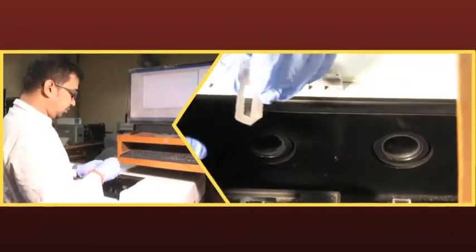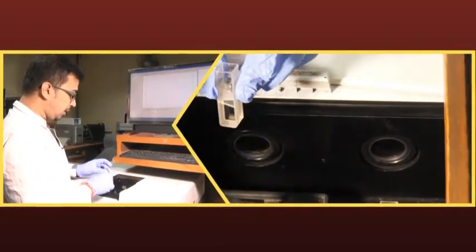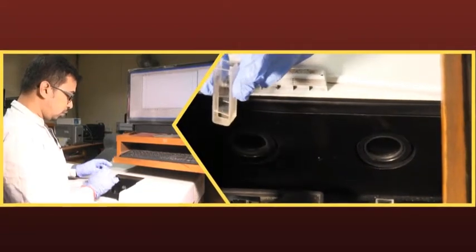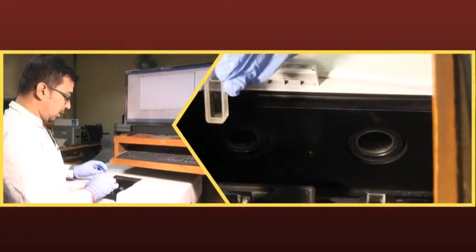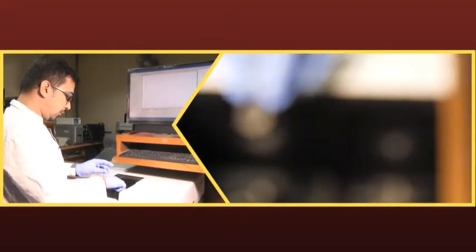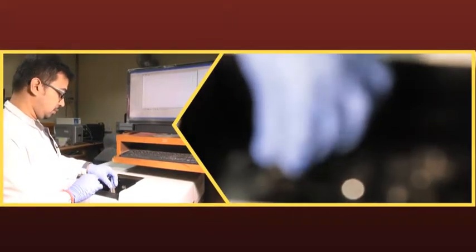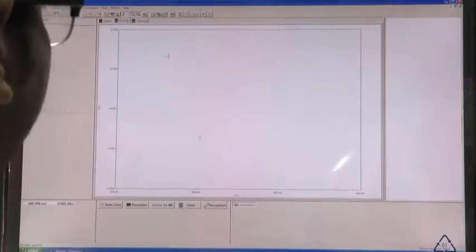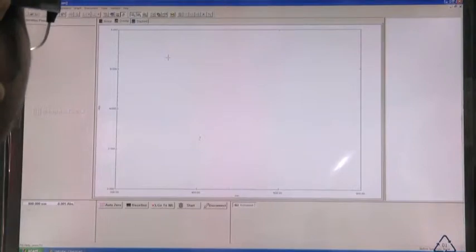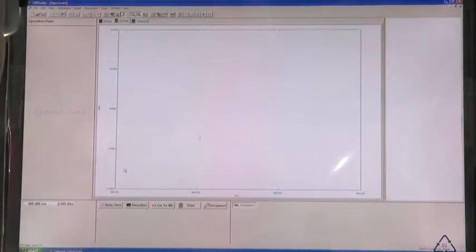And we will take this cuvette. This is the sample cuvette. Currently it is filled with the solvent, no sample is present here, and this will be used for baseline correction. So we will keep this in the sample compartment, and then we will close the lid. So we have kept the 2 cuvettes within this UV chamber. Now this is the software, as we have seen previously.